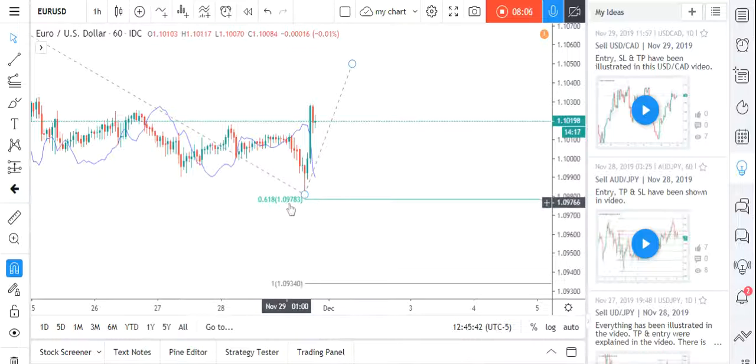So your take profit in one position may be around 1.0981 and 1.0936 or 37. If it returns right back from here. If the C point will be something else, I will come